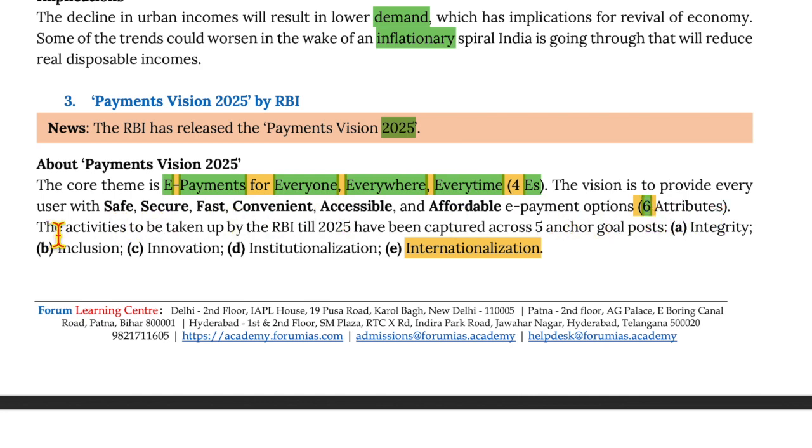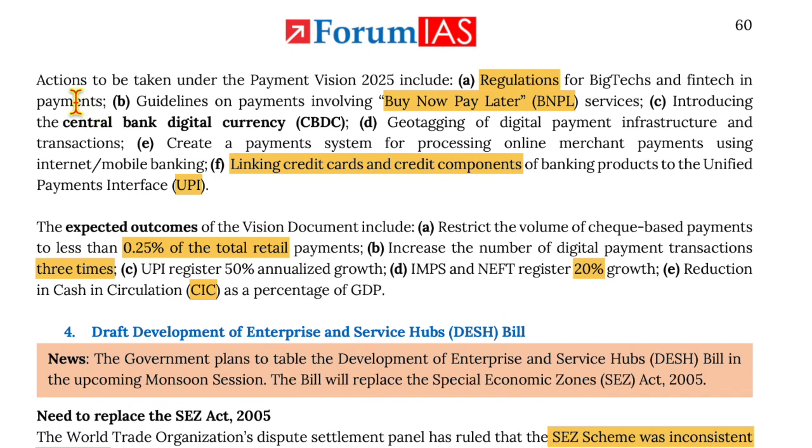6 attributes. The activities to be taken by the RBI till 2025 have been captured across 5 anchor goal points, that is integrity, inclusion, innovation, institutionalization, and internationalization. Moving on, actions to be taken under the Payment Vision 2025 include